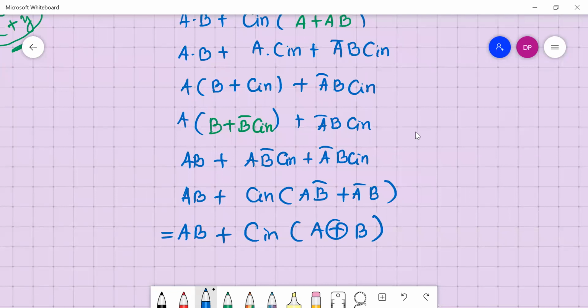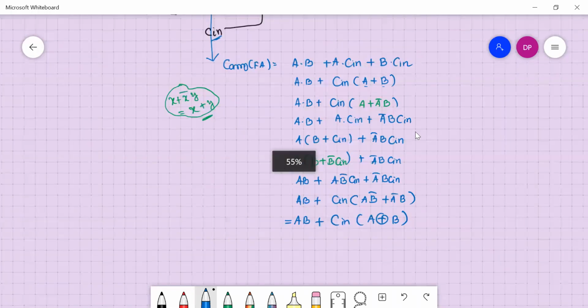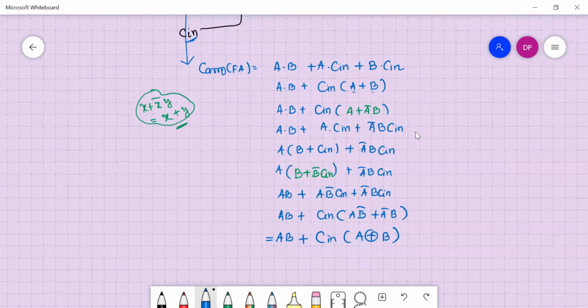So what we were trying to solve, I'm minimizing, you can see. Let me write the term here. This was A dot B plus A dot C in plus B dot C in, and it is written as AB plus C in if you take common.